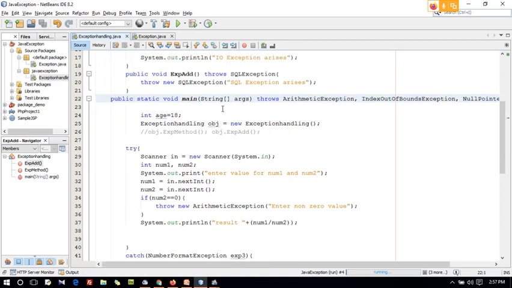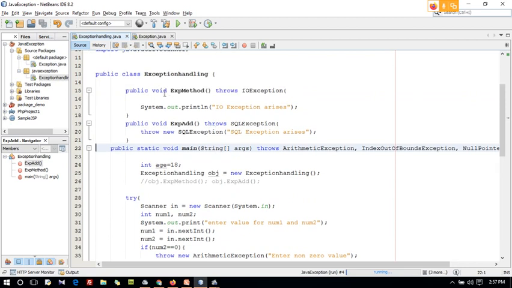Clear? And also I can create my own methods with declaring throws. Using this throws I am declaring IO exceptions, and using this I am declaring SQL exceptions. If you are doing any SQL operations, guys, and if you are doing any IO exceptions, you can also go with these exceptions, guys. Okay, clear?